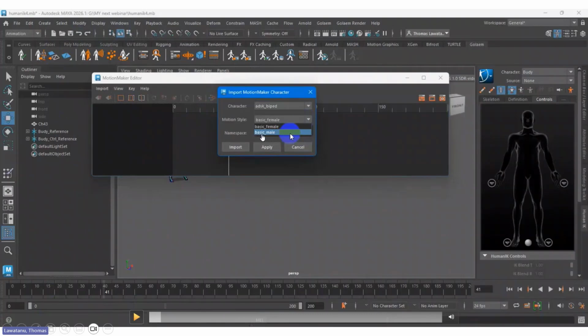And also there is the dog character, which is for a quadruped, four legs. By default there are only three characters right now. I think for the next update, I believe they will add some more motion also.